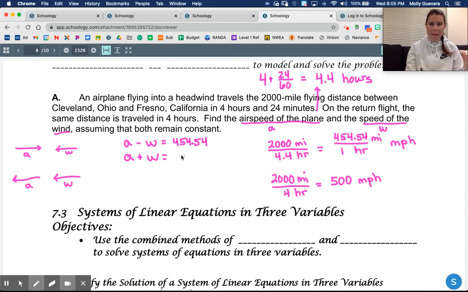So on the way back, you get to go 500 miles per hour. And I want to know specifically what is the speed of the plane and what is the speed of the wind. Well, I was able to set up a system of equations that already eliminates, so I can just add these together. My w's eliminate, and I get 2a is equal to